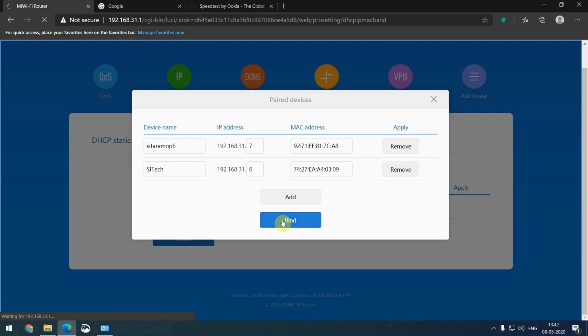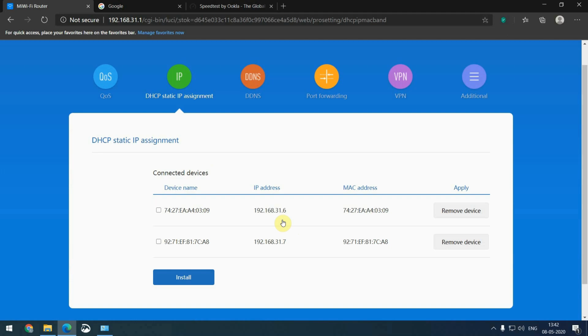So here, this is my phone. I'll change it to 7. For my system I'll assign 192.168.31.6 and my phone 192.168.31.7. Now if I click on bind, whenever the devices are connected, it may be after 2 days or 3 days or whenever, these devices will get the same IP addresses, and the newer devices which are connecting will get random IP addresses which are not in this list.